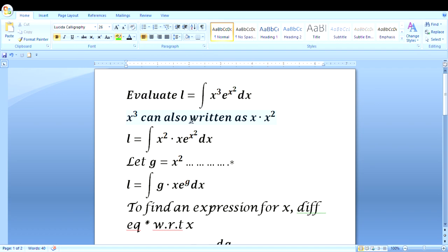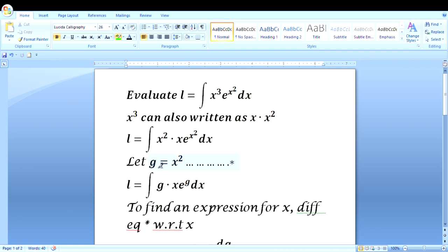Okay, so now it simply means that x cubed can also be written as x times x squared. So here we substitute in place of x cubed. Here it becomes x times x squared, so that we can forge ahead with this integral. So the integral here becomes x squared times x exponential x squared dx. Now, for us to move further, since we're able to obtain x squared here, we need to do some transformation